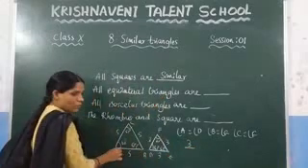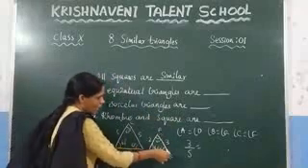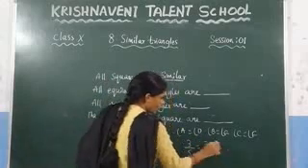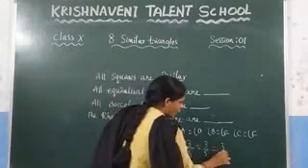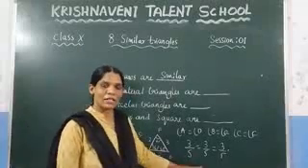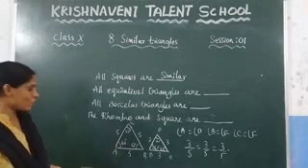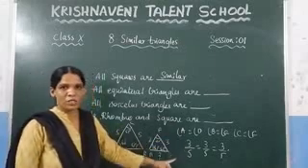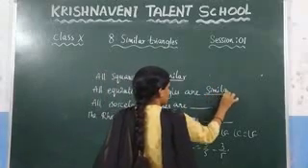Here 3 by AB, which is nothing but 5, is equal to, you need to check the next corresponding ratio, which is FE by CB, which is nothing but 3 by 5. So here also you are getting 3 by 5, and the last one, which is this side by this side, is also equal to 3 by 5. Here you can observe that all the fractions are equal, so the corresponding sides ratio are in the same proportion. Since these two conditions are satisfied, the first, that the corresponding angles are equal, and the second, that the corresponding sides proportions are equal, we can say that again these two are similar.